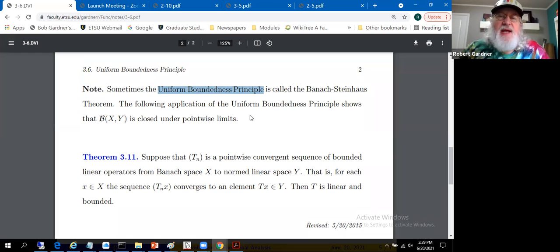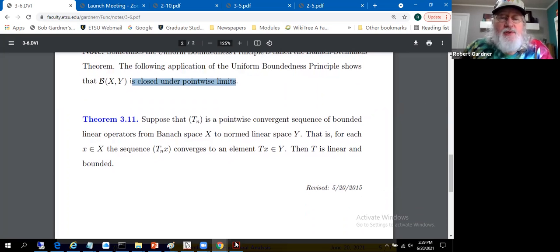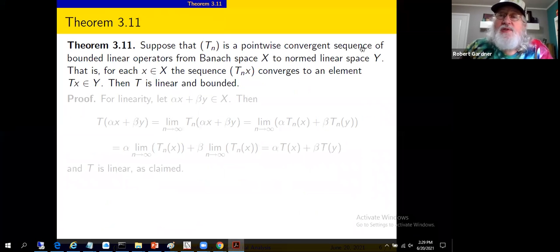The next result is an application of the uniform boundedness principle that shows that the bounded linear operators from X to Y is closed under pointwise limits. So closure under pointwise limits is going to follow from the uniform boundedness principle. The formal statement, let's just go to the proof. The formal statement is,